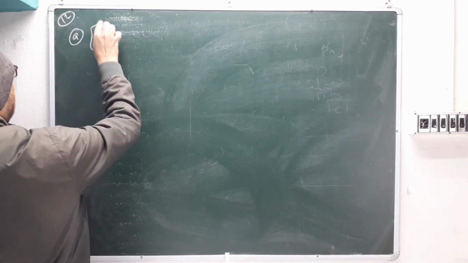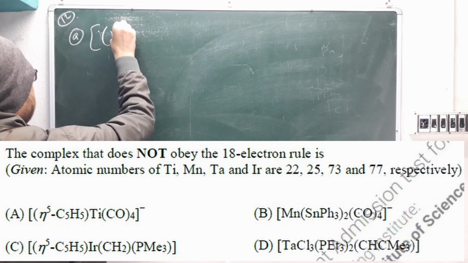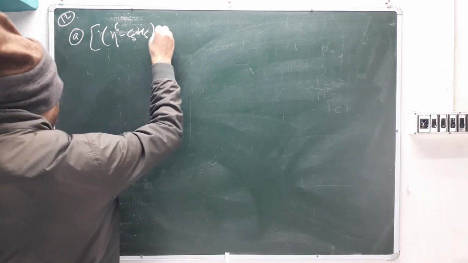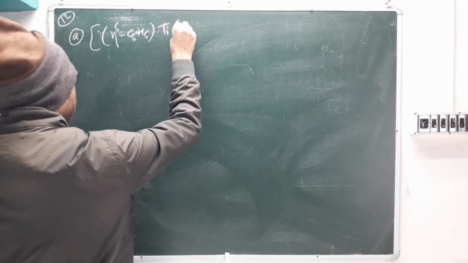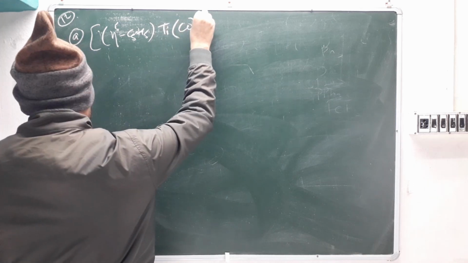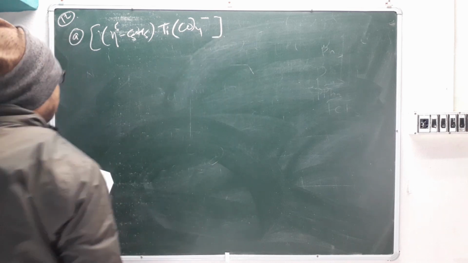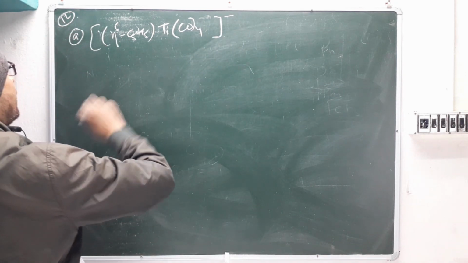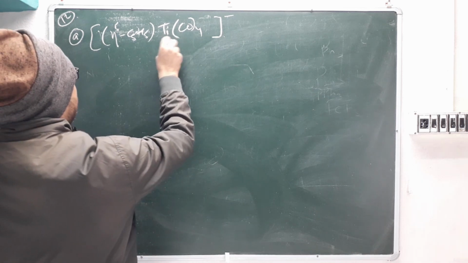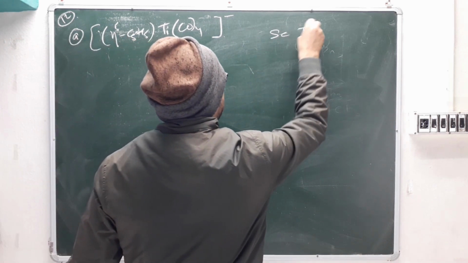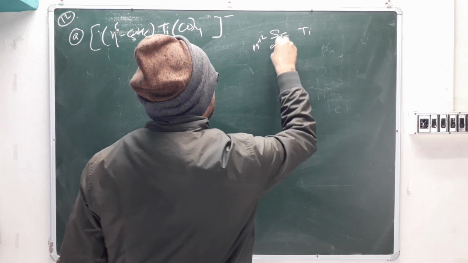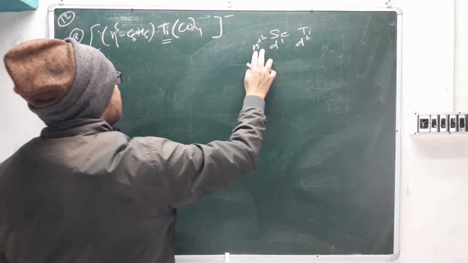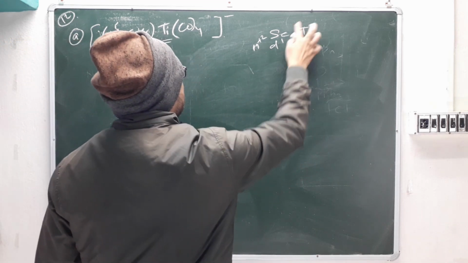So we have eta 5, which means the 5 electrons it is contributing. Okay, C5H5 and then titanium with 4 carbon minus. This minus will be here. For this we just have to calculate whether it's following the 18 electron rule or not. So titanium, how is it called? Scandium, then titanium. The metal is in +2 state, so this will be D2. If we remove that +2 oxidation state, the total contribution will be